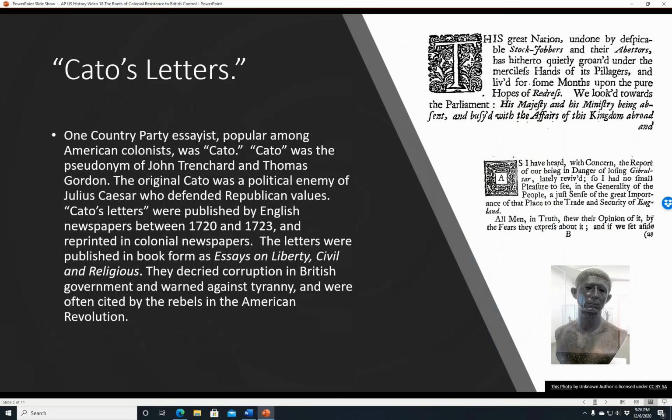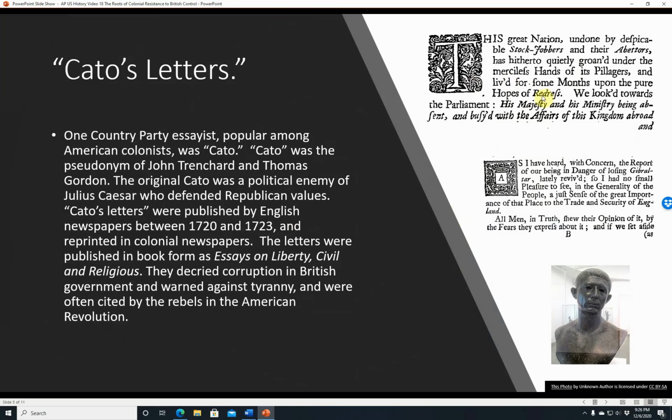The letters were published in book form as the book Essays on Liberty, Civil and Religious. They decried corruption in British government and warned against tyranny and were often cited by the rebels in the American Revolution. So here's a bust of the original Cato from the Roman Empire, and here are a couple little excerpts